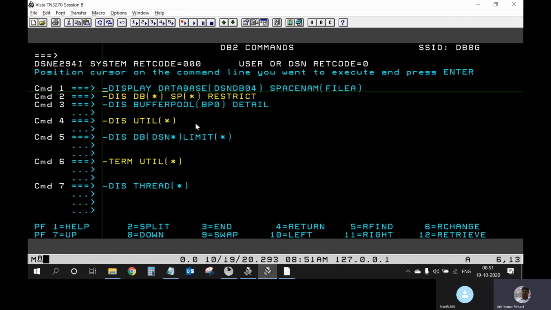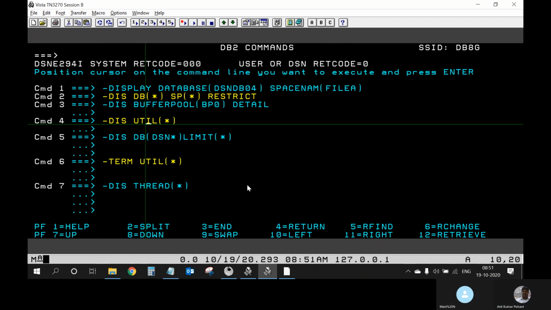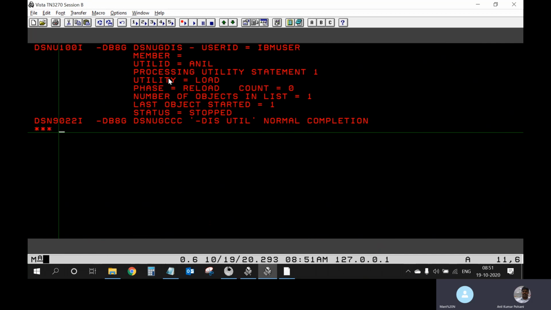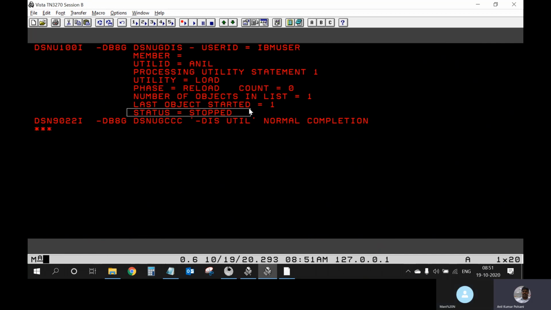For that, first try to display what all the utilities are there on the given system. Display utilities star. You see the utility ID and the status of this table process is now stopped. I want to remove this lock first.